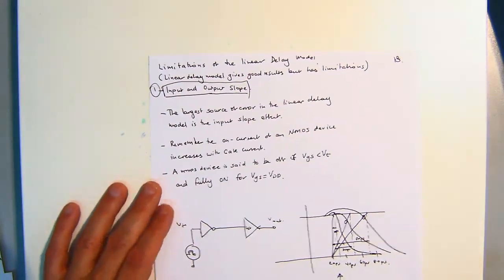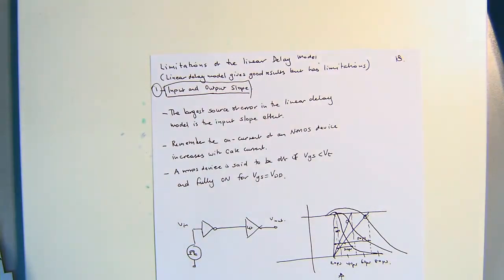Now, I followed up with talking about this linear delay model. It's quite a nice, easy, intuitive way to start calculating what we expect the delay and the performance of a particular process to be. And of course, if we had a particular circuit, how can we estimate the delay and the path delays and the rest? What I wanted to highlight was that there are some limitations